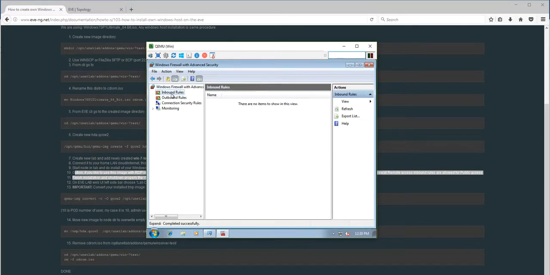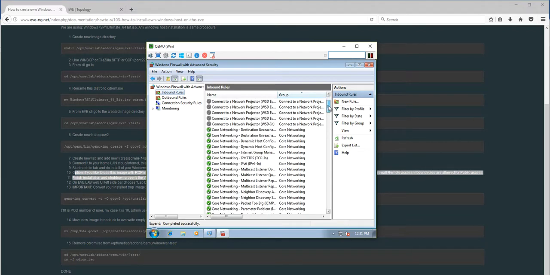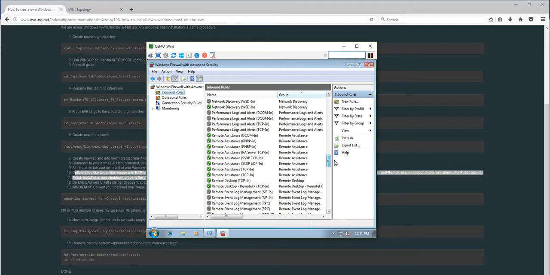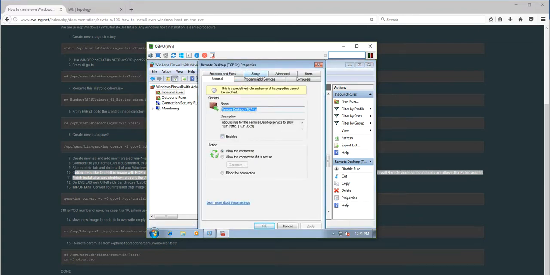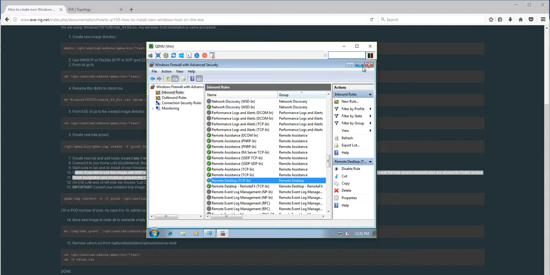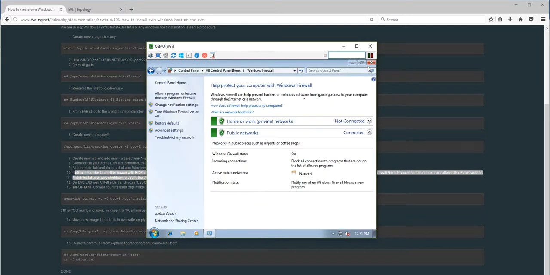Advanced and the inbound rules, and let's scroll down and check where is the remote desktop. Remote assistance. Where is the remote desktop? It's here. It's probably in Windows 7. We have all allowed for RDP, and we can check the scope if any IP address is allowed. It is.